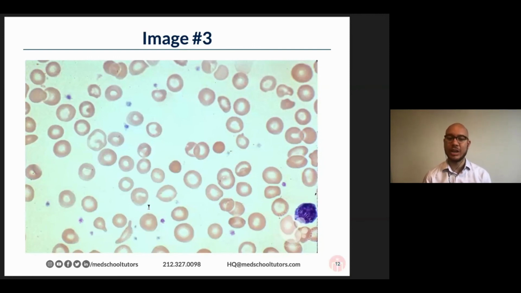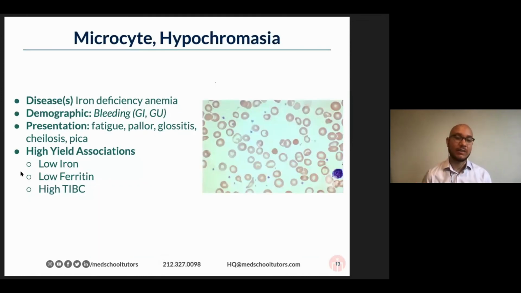And it just goes to show how important the clinical story is behind a vignette. Because in isolation, sure, some of you correctly pointed out that this cell right here looks a little funny. It might look like a helmet cell, right? And there's some funny morphologies here. The central pallor differs quite a bit. But what I'm zooming in on is that these cells are small. Here we have a white blood cell, and you see that the red cell is smaller even than the white blood cell. Some of these cells considerably smaller, so we have microcytes, and we also have a large degree of central pallor. The central pallor is expanded in this particular smear, which leads us to the diagnosis of iron deficiency